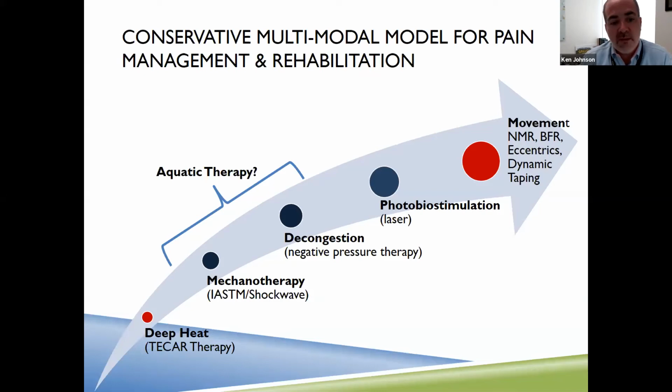So this model that we are here to talk about, as I mentioned, kind of bookends Tecar's role, and I'll speak more directly to how I have integrated it. I'm always grateful to listen and learn from other advanced clinicians, whether it's Ignasi or Fred, who've integrated it even far beyond my abilities. So I respect its role, both as the preliminary phase to a treatment, as well as how it fits into a movement-based